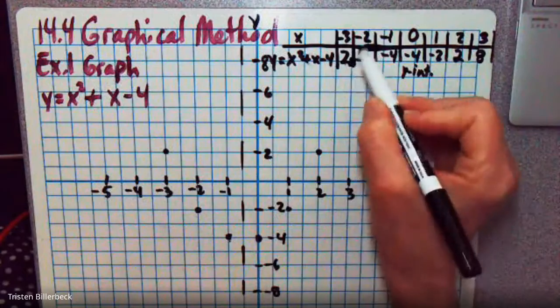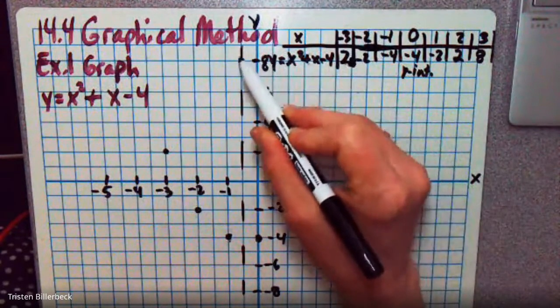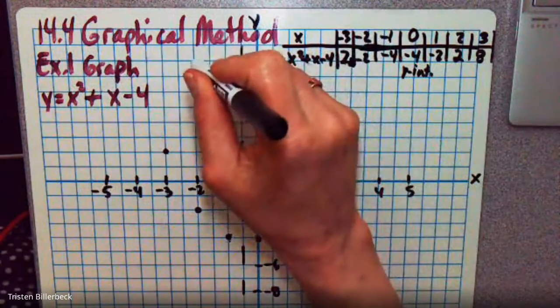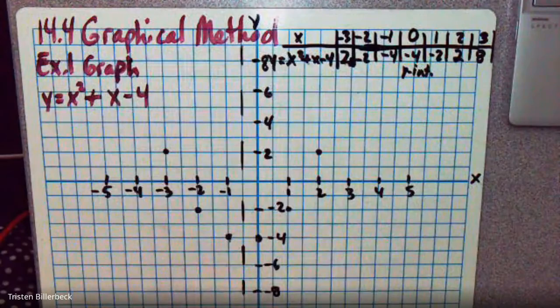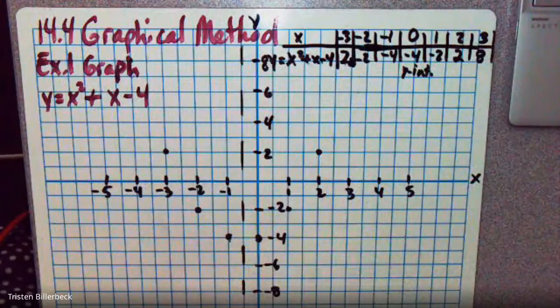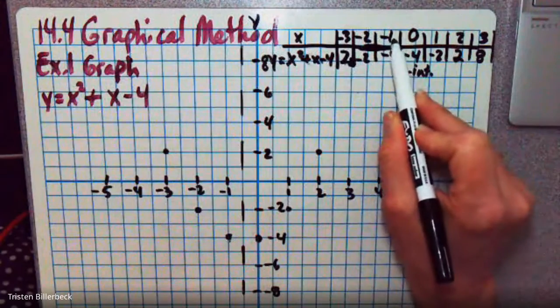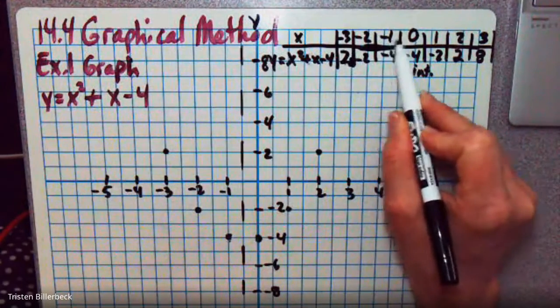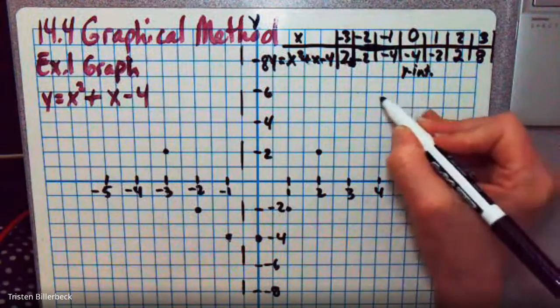All right, so I have 1, 2, 3.5. So a half, 1, 2, 3. So there I have it. So my parabola has a vertex here, but I don't know what it is. But I do know that my vertex is going to happen right between -1 and 0. So that has to mean that my vertex is at